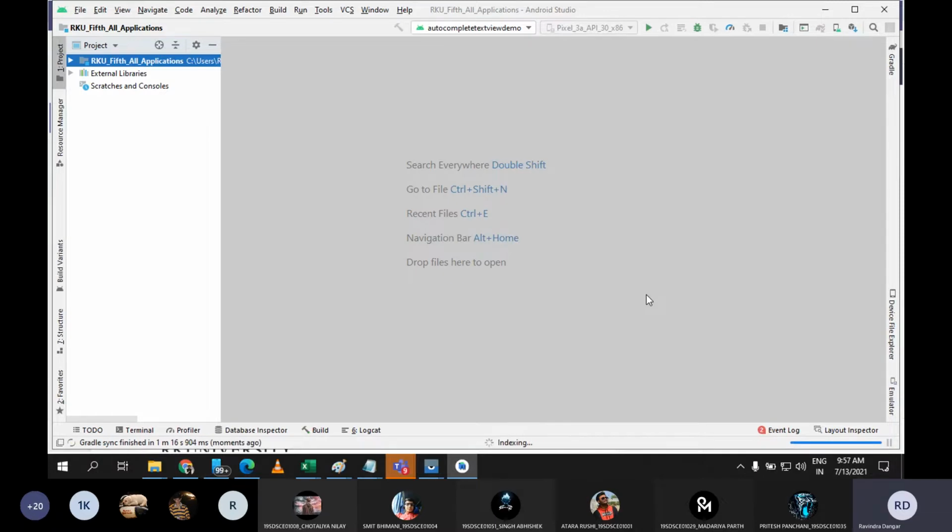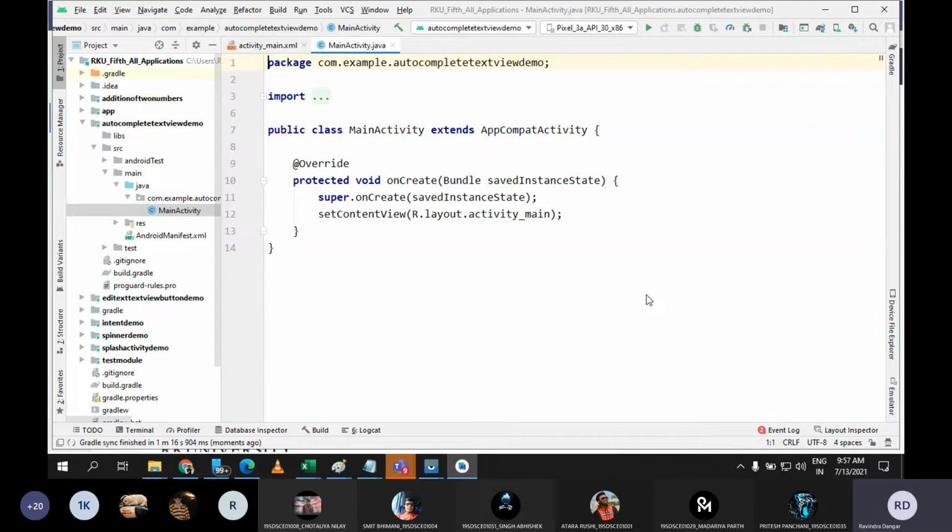After all, AutoCompleteTextView is one of the inbuilt widgets. From the palette window you can drag and drop it into your activity, or else you can write the code inside the XML file. It is up to you. Are you getting me? Why do we need array adapter in this case? Yes or no?